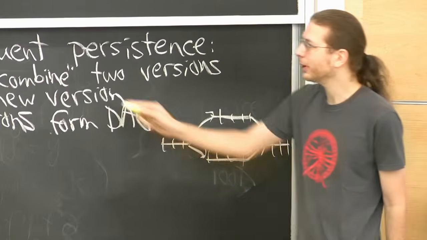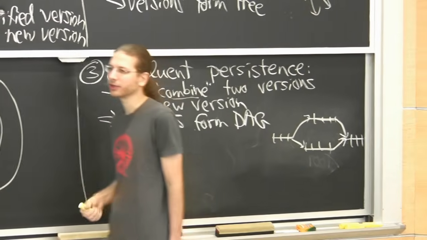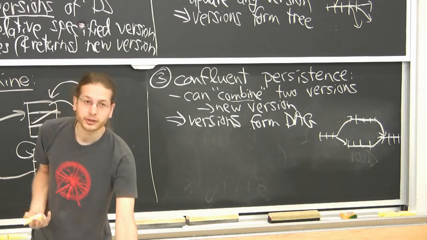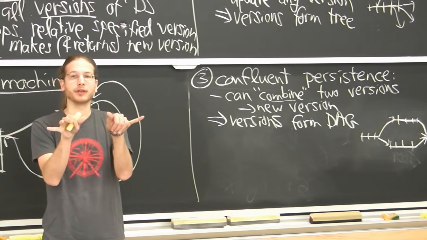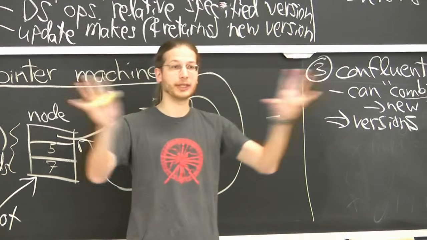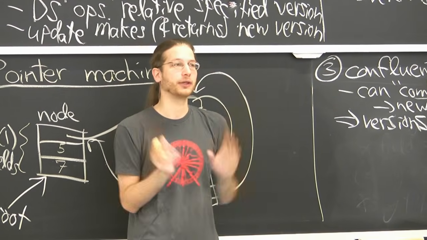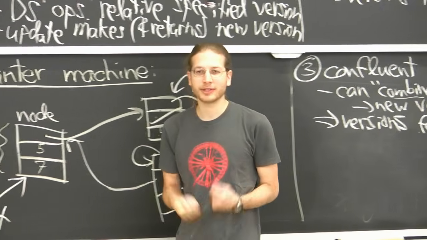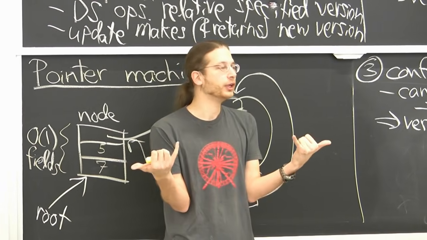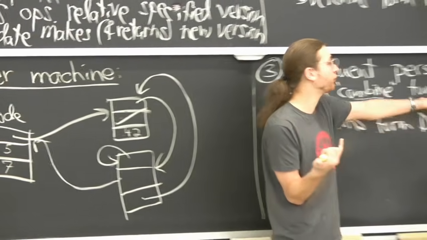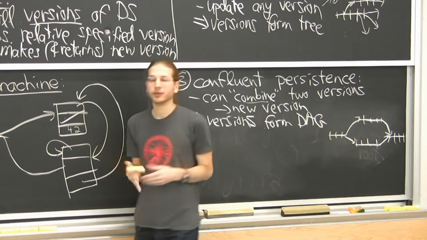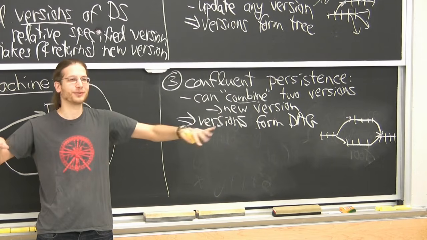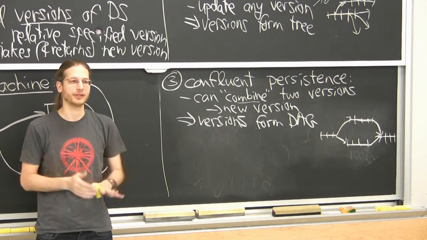Okay, what does combine mean? Well, it depends on your data structure. A lot of data structures have combine operations. If you have two linked lists, you can concatenate them. That's an easy operation. Even if you have binary search trees, you can concatenate them reasonably easily and combine them into one big binary search tree. So if your data structure has an operation that takes as input two data structures, then what we're saying is now it can take two versions, which is more general. So I could take the same data structure, make some changes in one way, separately make some changes in a different way, and then try to concatenate them or do something crazy.